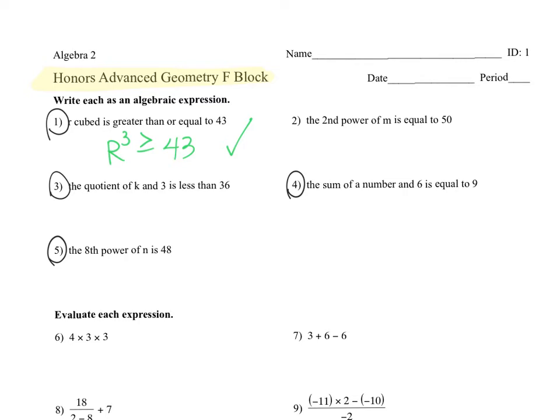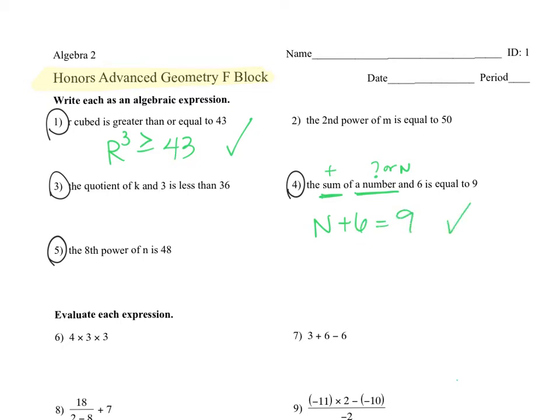Number 4, it says the sum. So the sum I know means plus. A number, we don't know what it is, so you could put a question mark or n for number. And 6 is equal to 9, so I'm going to say n plus 6 is equal to 9,